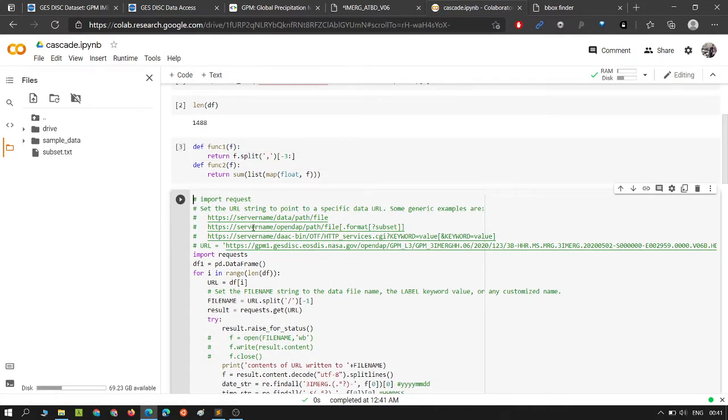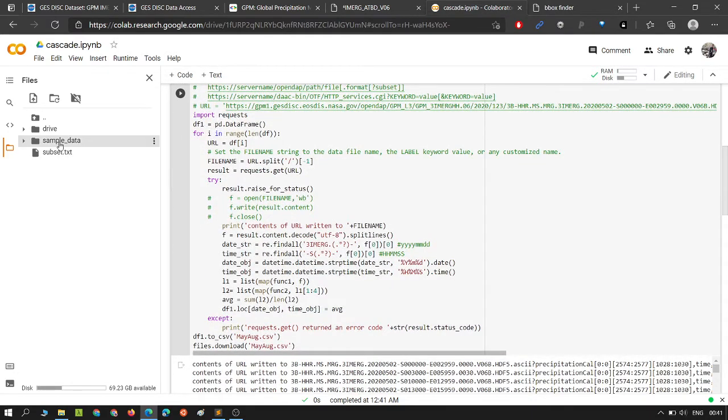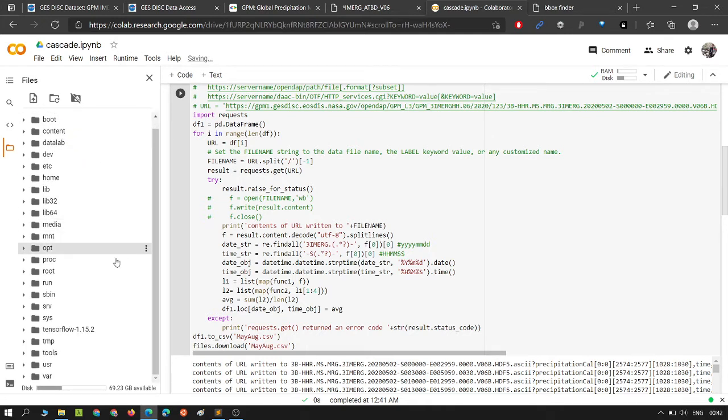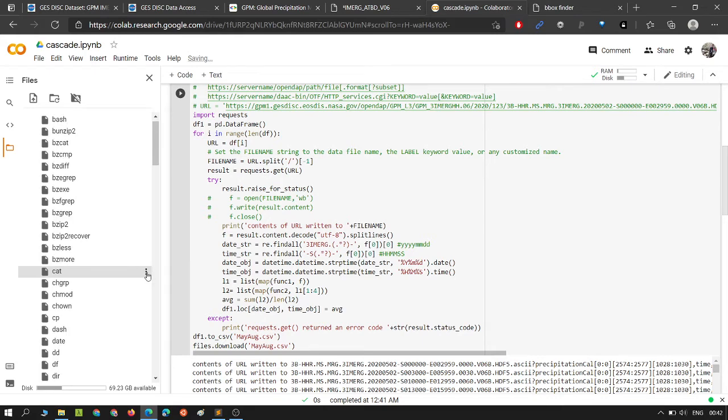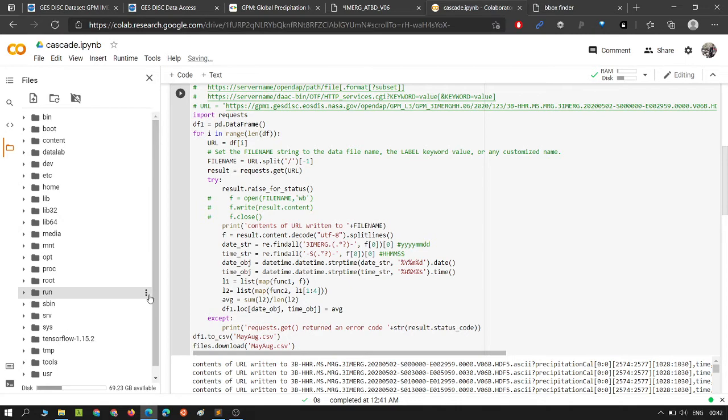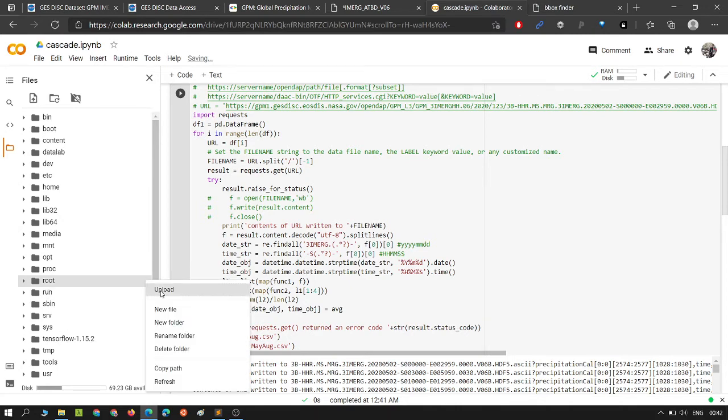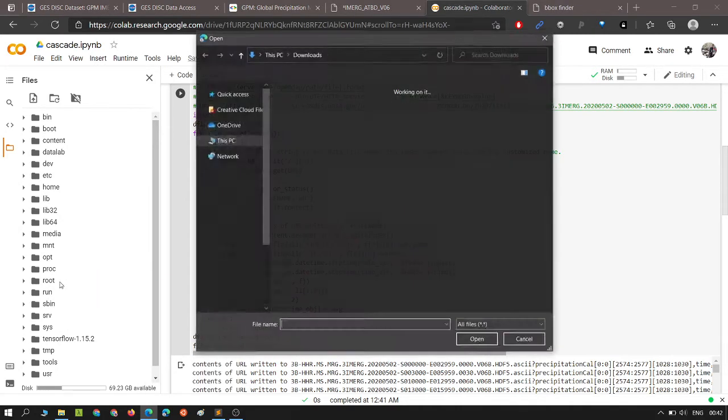We'll go through them later, but for now we have to do another thing, which is go to this folder icon on the top, go to root, click on the three dots and upload under the root folder.